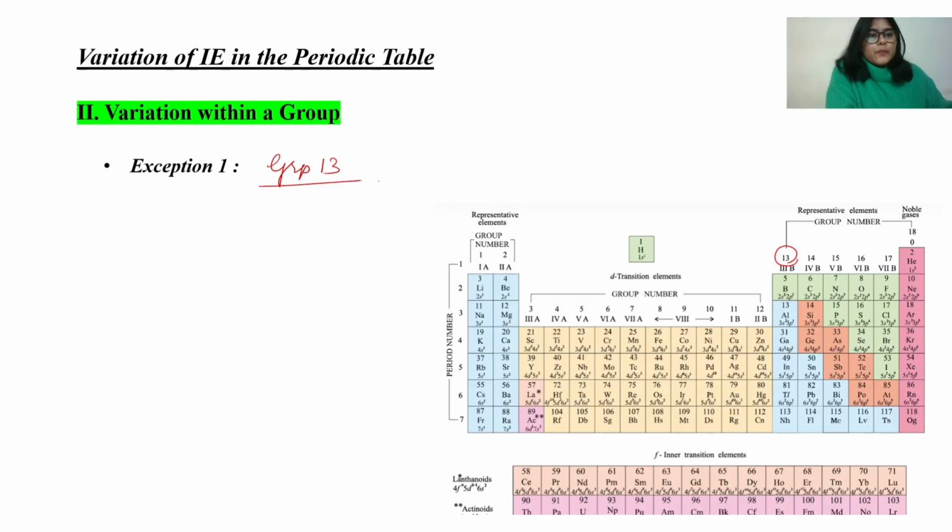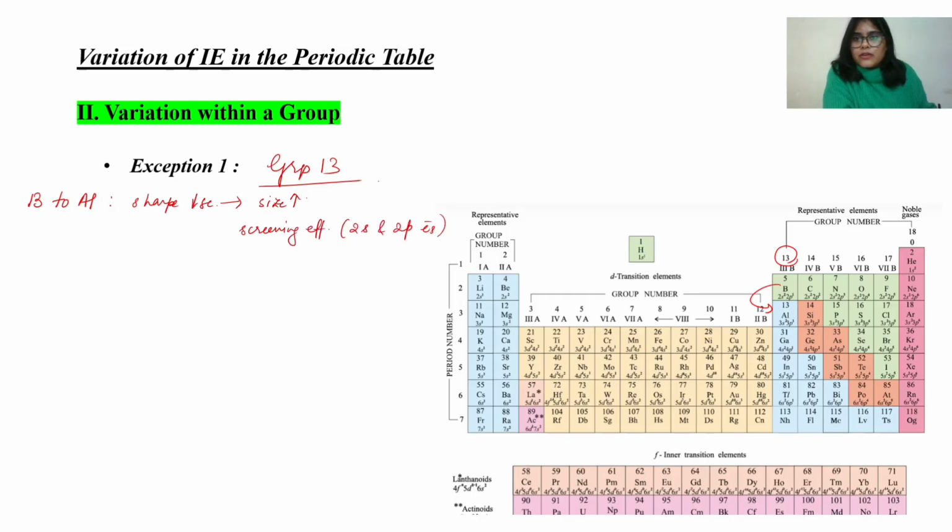As we move from boron to aluminium, there will be a sharp decrease due to the size increase, and the second is the screening effect of 2s and 2p electrons. So it is going according to the trend that as we move down the group, the ionization enthalpy would decrease. Then next, as we move from aluminium to